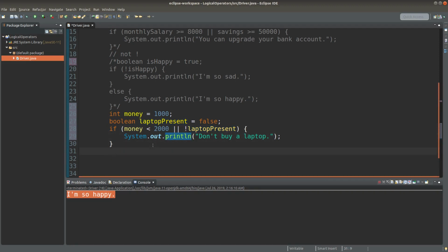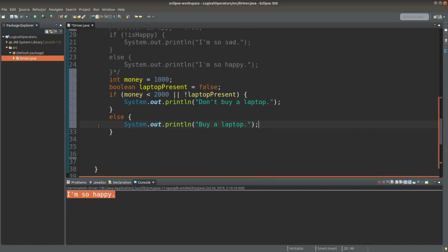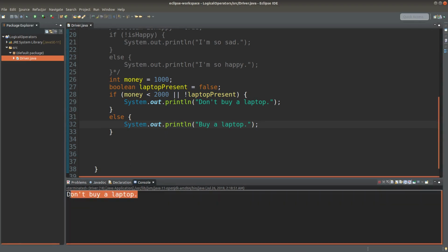Of course, if this whole condition fails, I will buy the computer. So in this case, will I get a new laptop? I don't get a new laptop